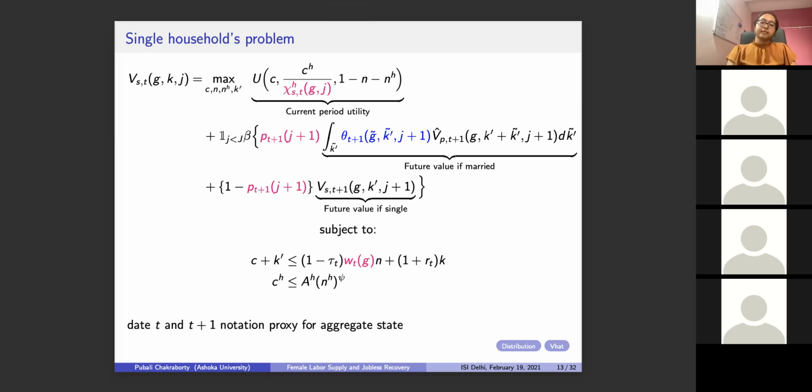Probably it's not a fair question, but I was just wondering if you have a Bellman equation for the entire household instead of one. Unless you write it down and solve it and check, it's not very easy to say, but instead of writing one